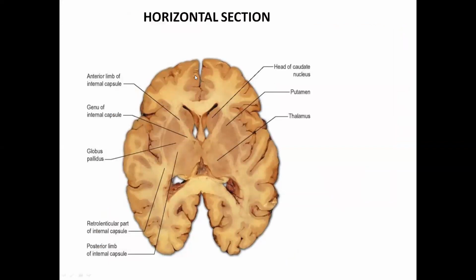This is horizontal section. So you should be able to orient to this section. This is the anterior part of it. You can make out the median longitudinal fissure here. So anteriorly, this will be the frontal lobe. Posteriorly, that will be the occipital lobe. This is the part of your temporal lobe. The green arrow is pointing to something beneath the lateral sulcus. That's the insular cortex.